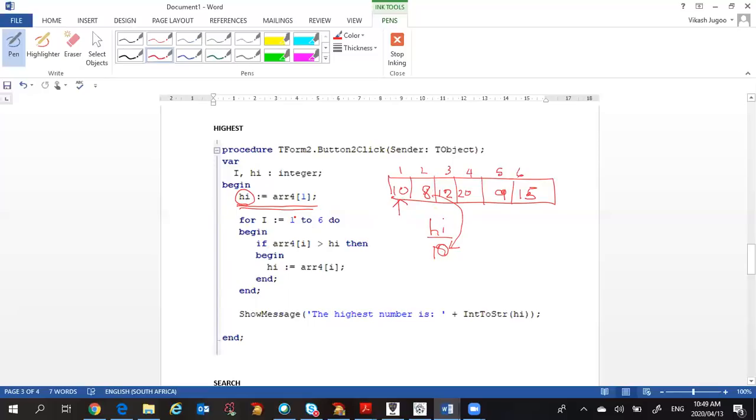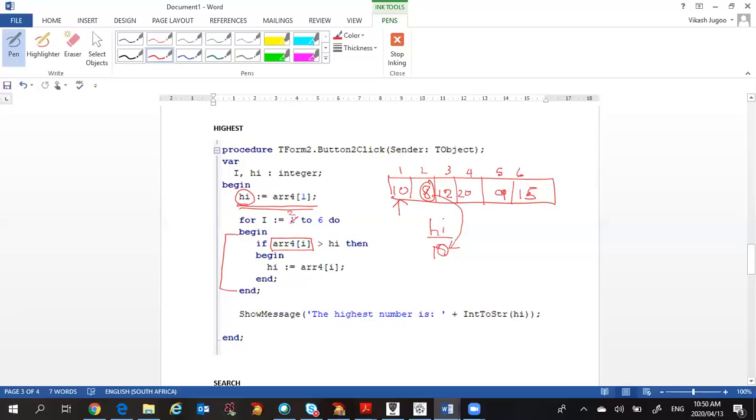The loop is starting off at 1. Some of you may say, why don't we start it at 2? Because we already have the first cell stored in high. I would agree with that. This loop can start at 2. We then check ARR for I. The first value I takes on 2, so we're looking at position 2 in the array. Position 2 in the array is 8. I check if 8 is greater than high. 10, is 8 greater than 10? That's false, so I don't go into the condition, and it then takes me back up the loop, and I